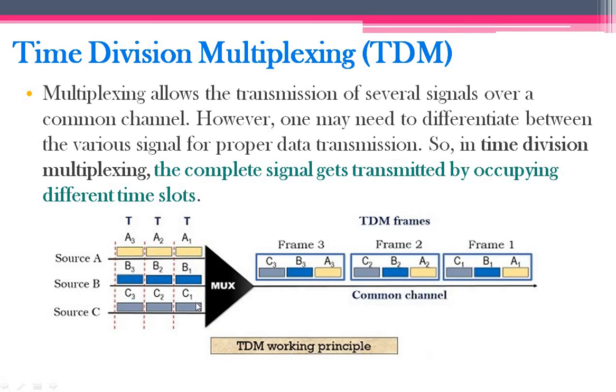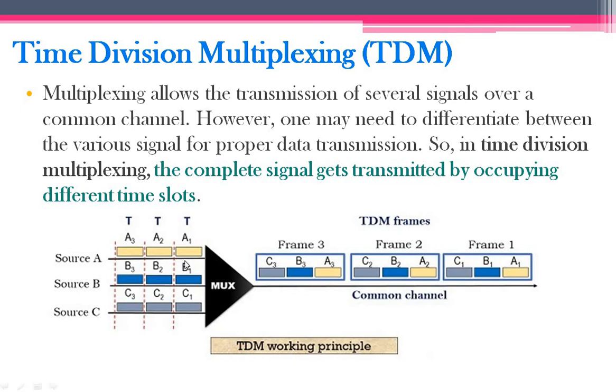And the fixed variable length is 3. So we have given 3. These are at the transmitter side. At the frame 1, in the frame 3 what you are transmitting at the communication channel, this part is transmitted. Then at the second frame A2, B2, C2 is transmitted. In the third frame A3, B3, C3. This is how your data is to be transmitted.